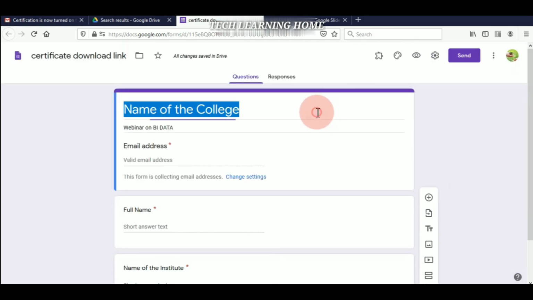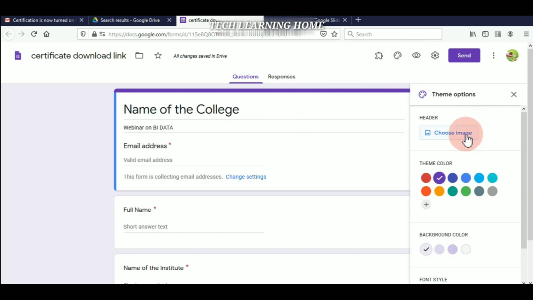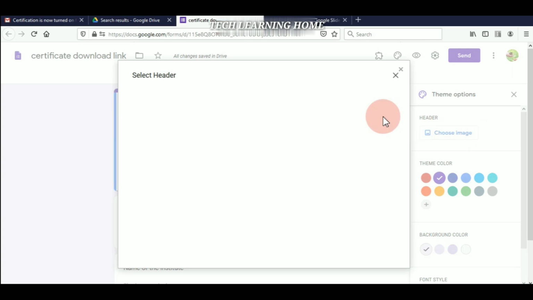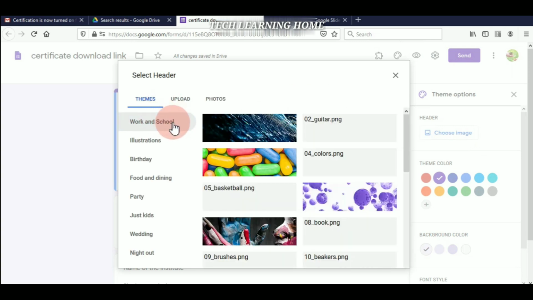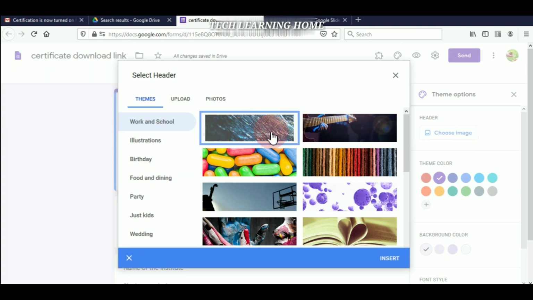If you want to change the theme of the form, just go to the option here, change the theme. If you want to add any image, I am choosing this image to insert in my form.